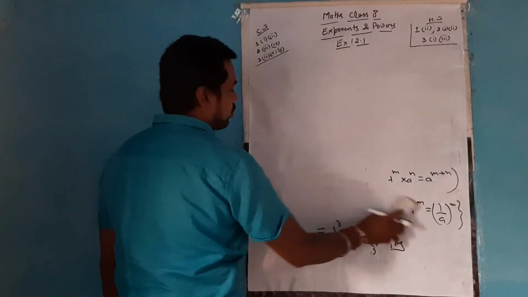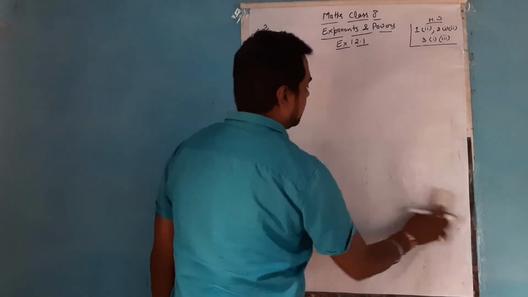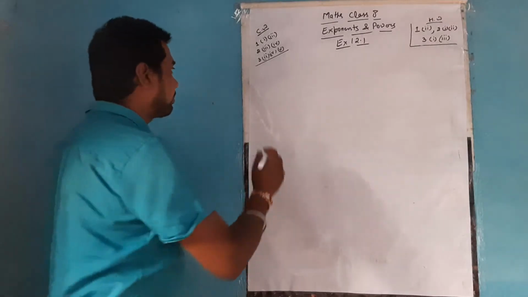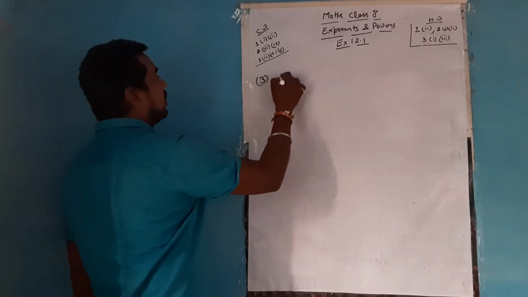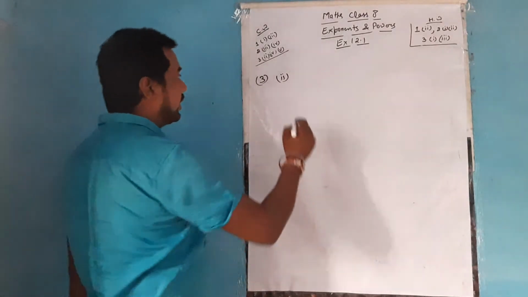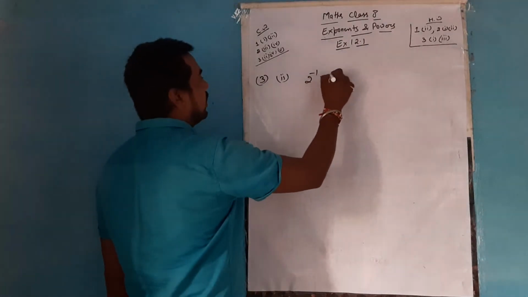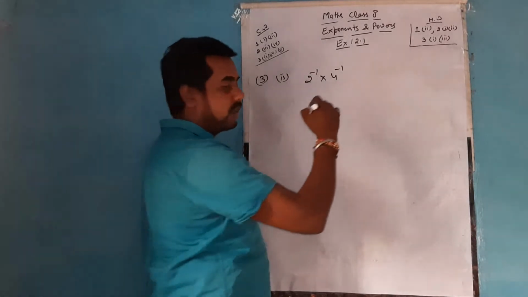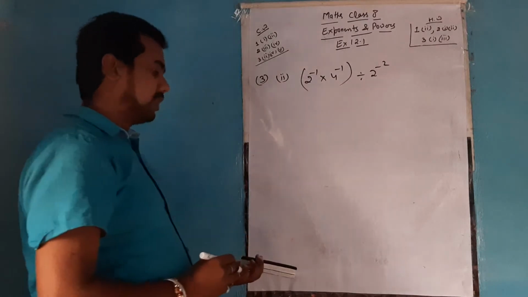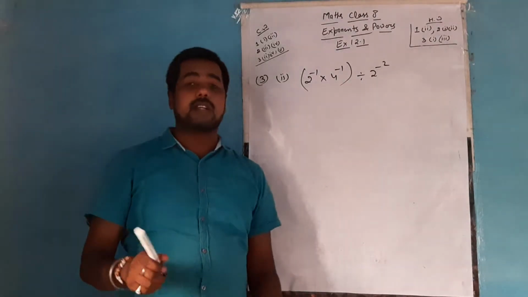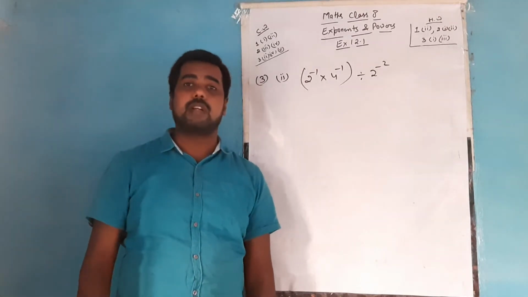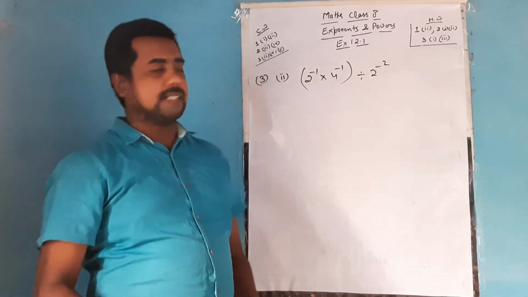Now we will reach question number 3. Question number 3 is asking to simplify. So in question number 3, the second, fourth and fifth parts we are going to do. Second part is 2 power minus 1 into 4 power minus 1 divided by 2 power minus 2. Bracket is there for the first and second. And the third part is there, they are having a negative exponent. So first convert them with a positive exponent, open the power and then simplify.